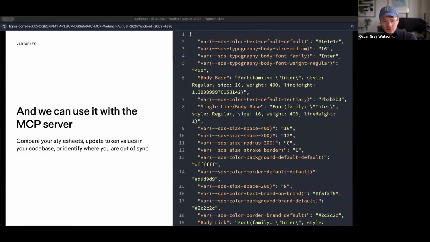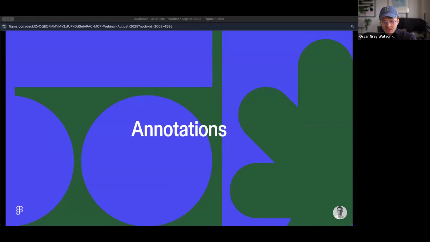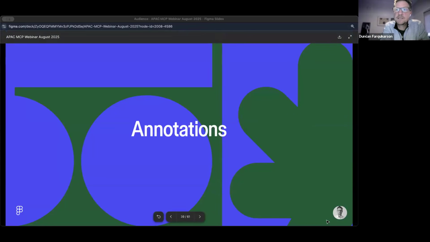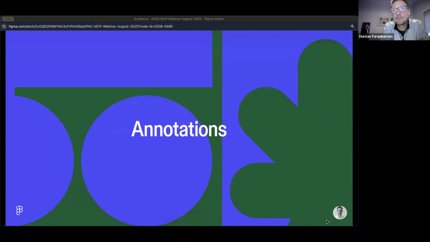Brilliant. Well, maybe we should talk about annotations, Duncan. Oh, I love talking about annotations. And actually, there were some questions earlier about how we think about the accessibility aspect when the code tools are doing the code generation. So if you just keep moving through,